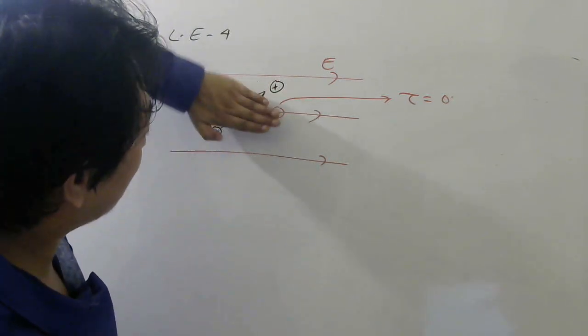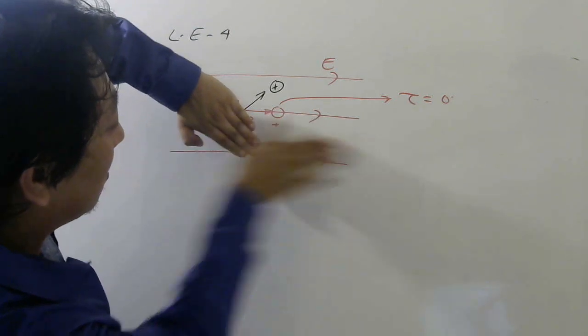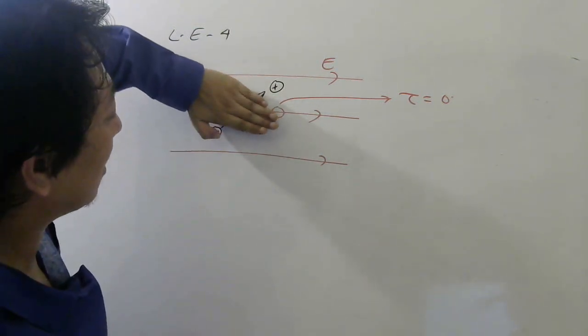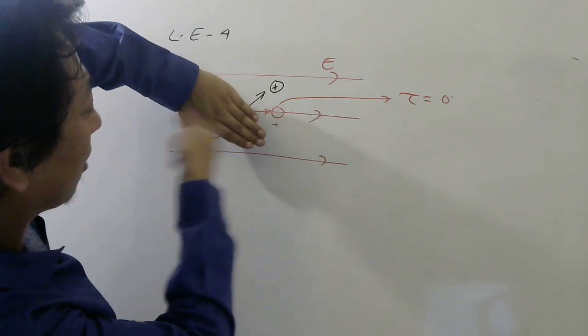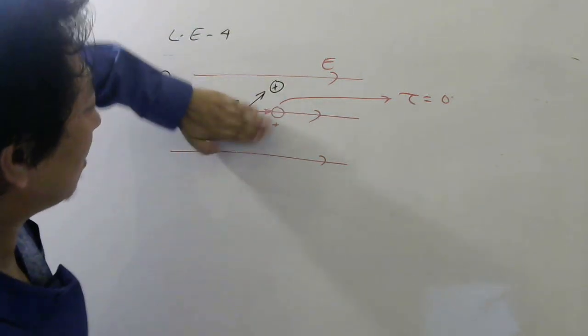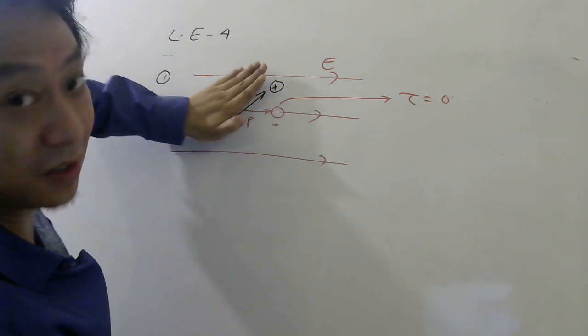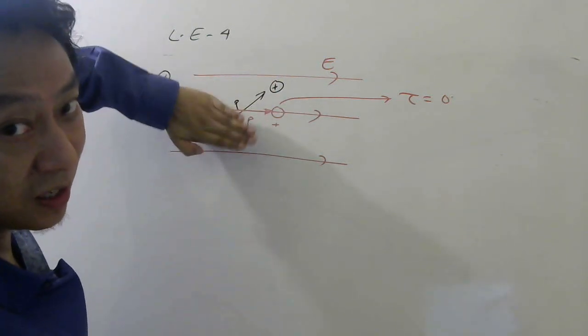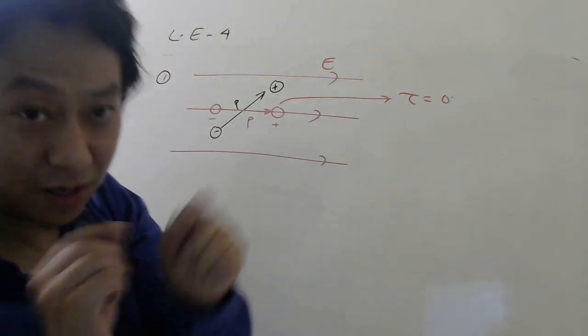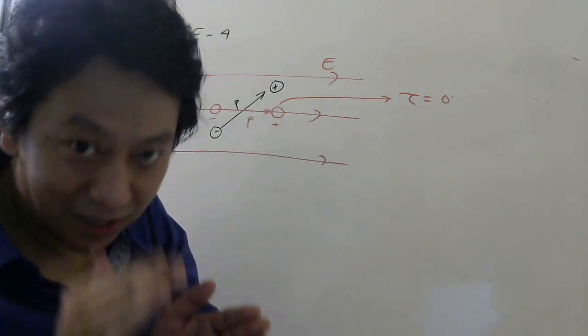Once it continues this side, force will be this way now. Okay, so that will create torque this way. So as it goes this way, because of the opposite torque, it will slow down, stop, then again come back. So it will keep on oscillating. Okay, if there is friction, finally it will damp, the oscillations will damp, meaning the amplitude will decrease, and then